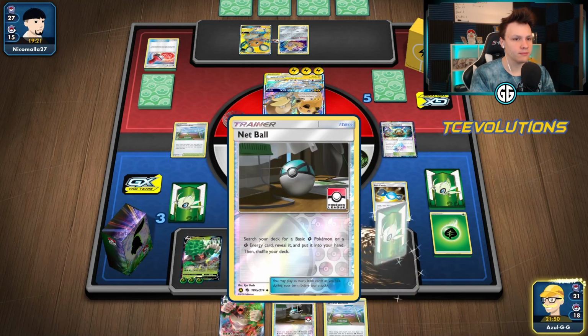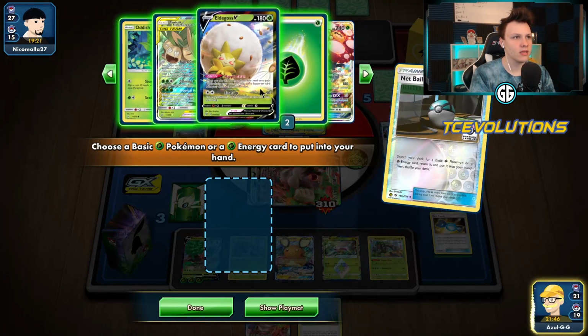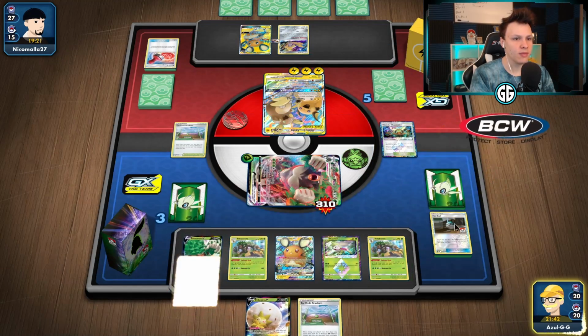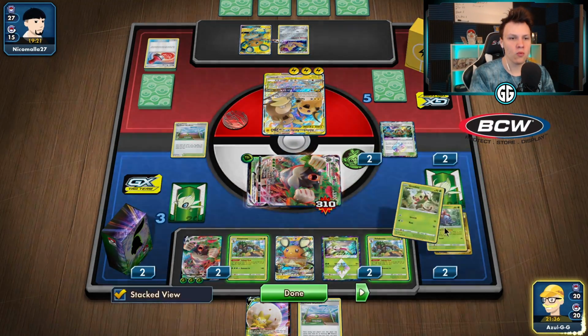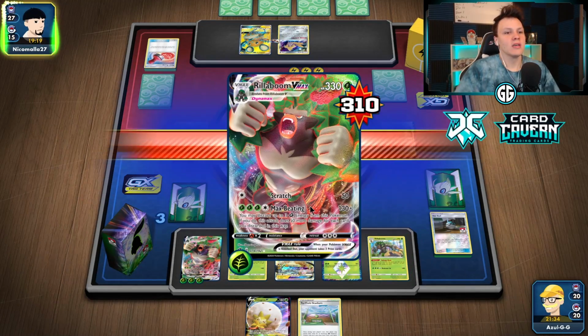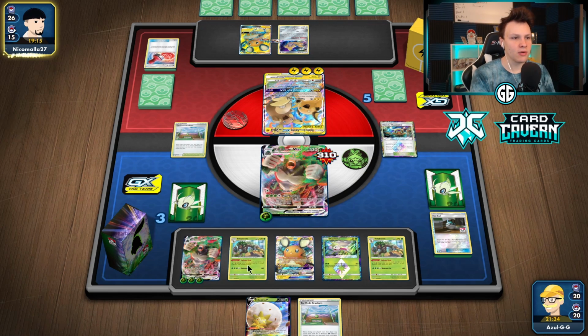Candy out the Rillaboom. I'm going to play the Netball. Then out the Eldegoss. Evolve to the VMAX. And I don't know if I want a Voltage Beat immediately. I think I might wait to do the Voltage Beats just in case. They can't KO both of these. Yeah, they can't KO both of our Rillabooms, so we're safe to just go ahead and do it on the